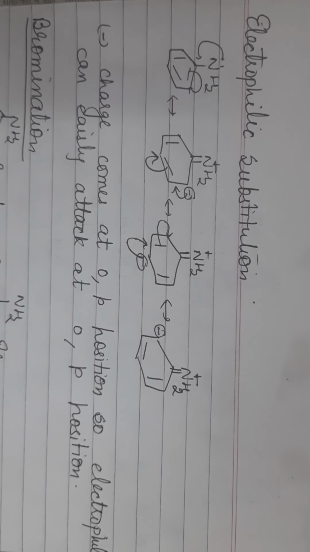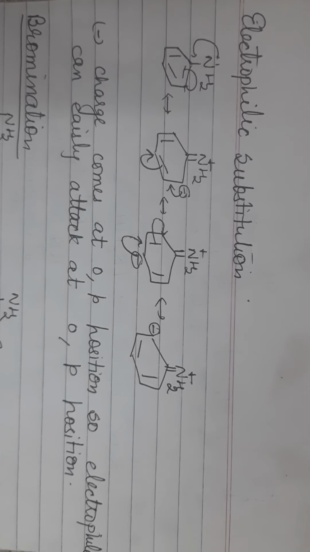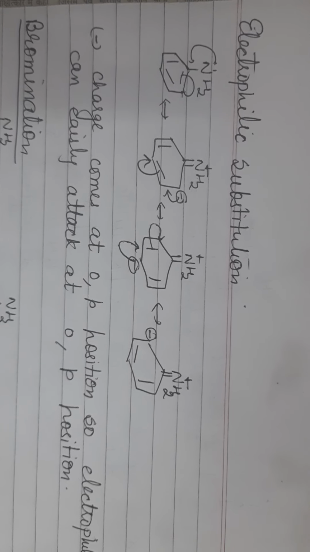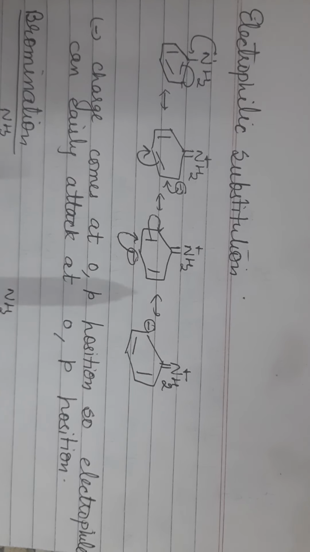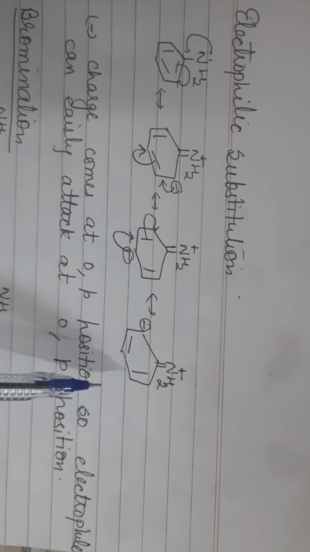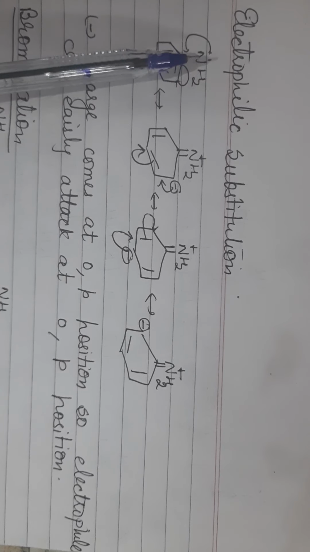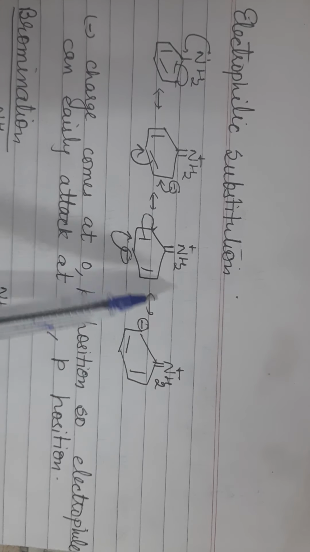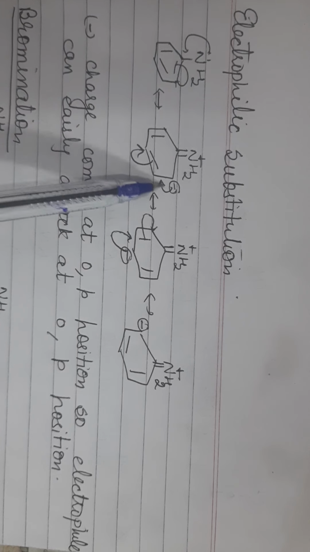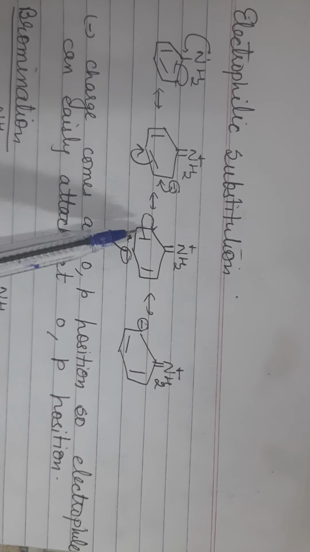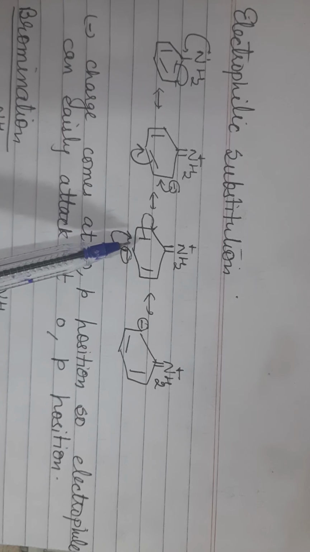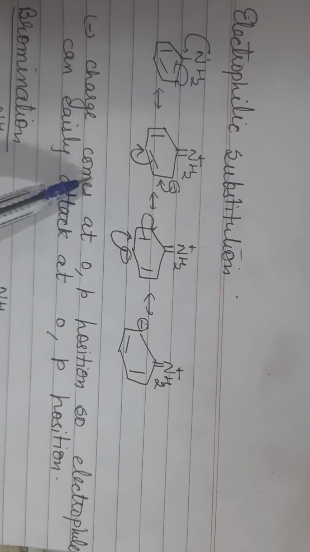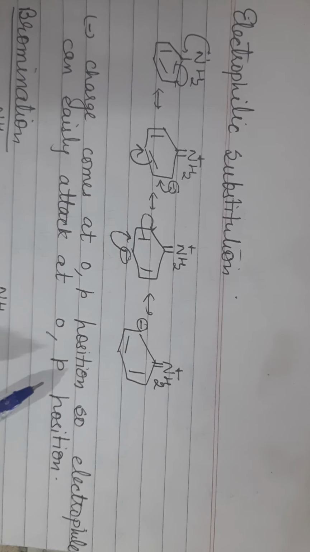In this video we are going to study about electrophilic substitution reactions of aniline. Aniline shows electrophilic substitution reaction at ortho and para position. The reason behind this is that due to resonance the negative charge comes at ortho and para position. See here that negative charge comes at ortho and para position. That's why electrophile can easily attack at ortho and para position, and that's why it undergoes electrophilic substitution reaction at